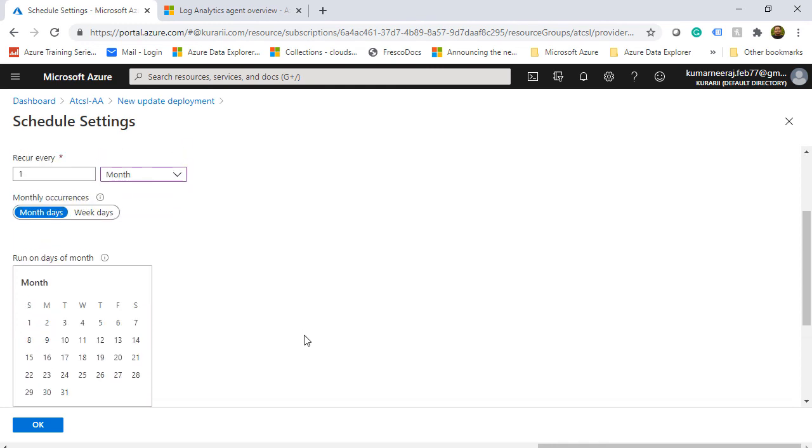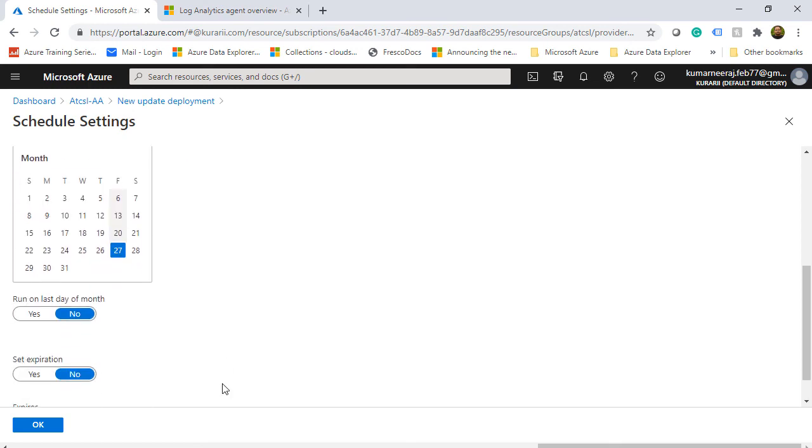And since I chose to have the updates every month, it is asking me for the monthly occurrence as to when or which day the updates should be running. So I have the choice to choose a day, or I can scroll down and I can have the updates run on the last day of the month. And then I can also set the expirations. Usually there is no expiration date to it.